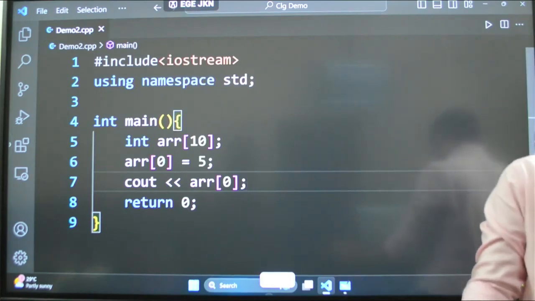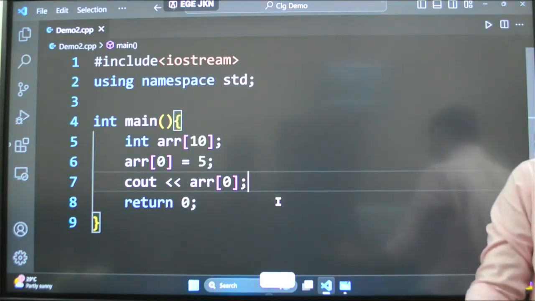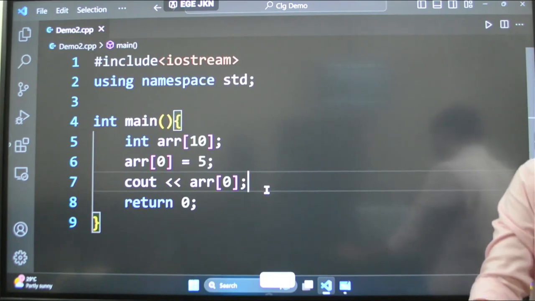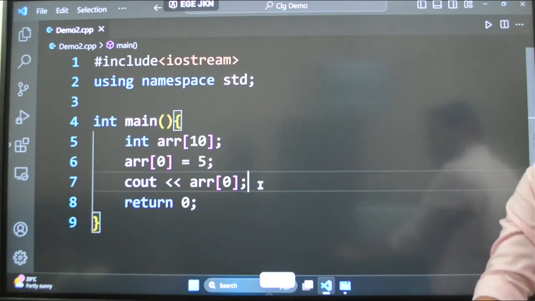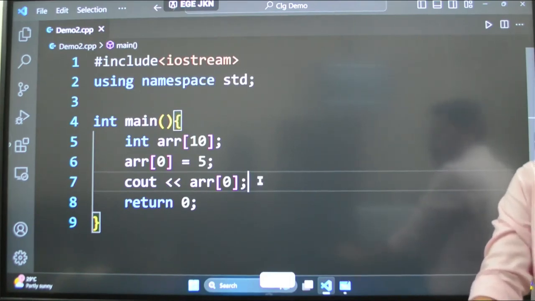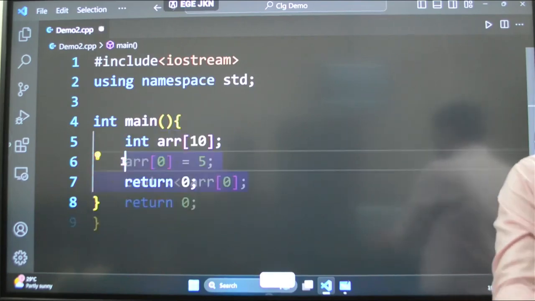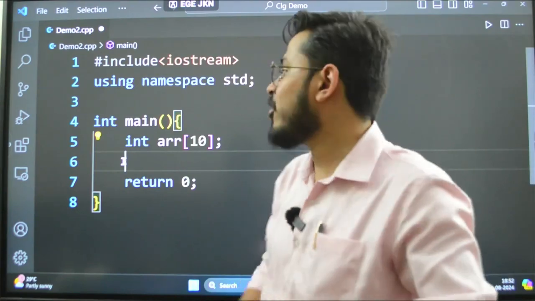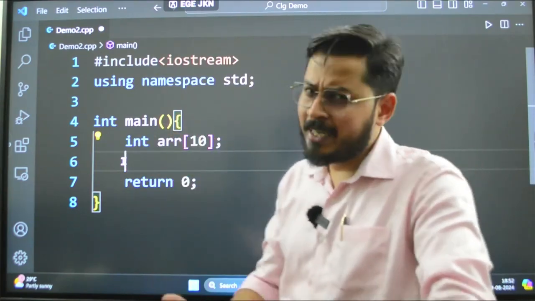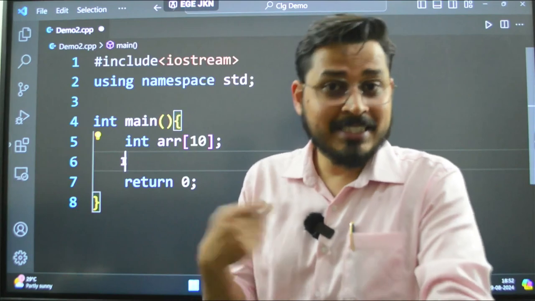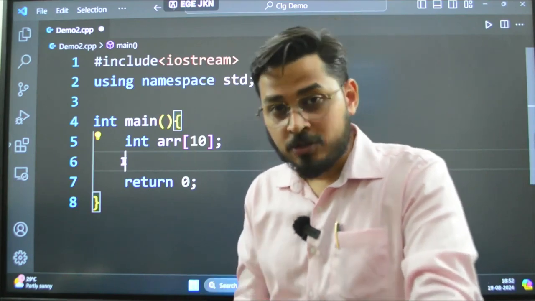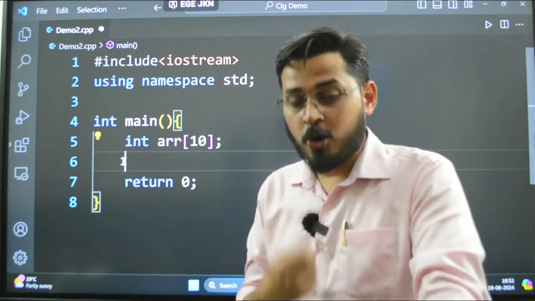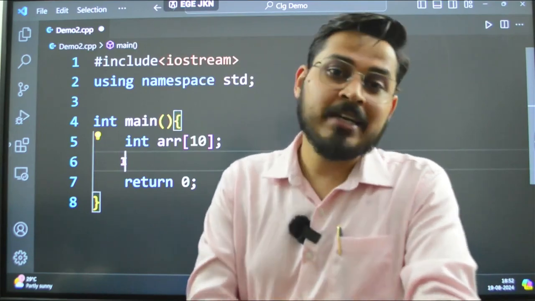Now the next thing that we are gonna be doing is two-dimensional arrays. I'll explain it quickly. By the way, you know how to use for loops and while loops. So you can easily put a for loop or a while loop if you have 10 elements, 20 elements, however many elements. You can iterate over that particular array according to the indexes, and then you can print the value one by one.